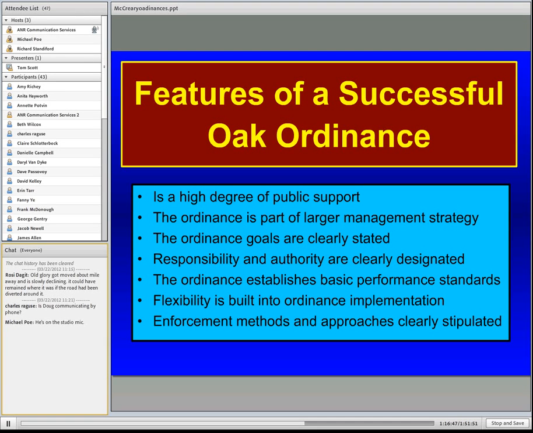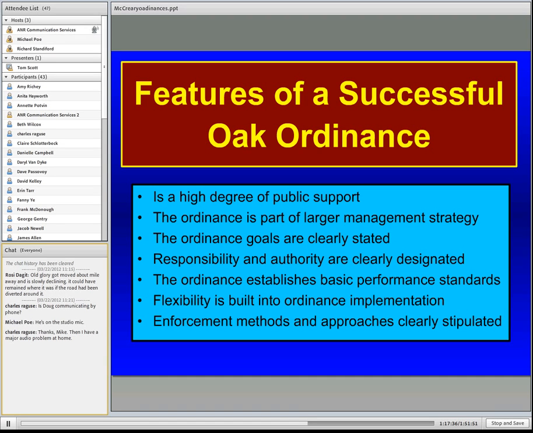Now, the features of a successful ordinance, these have been around for some time. It seems like there was some impetus in the early 70s to develop ordinances, and I think there's been a long enough time to look and see what makes ordinances successful and what maybe is not so successful. One thing that seems consistent with the ordinances that have worked is that there's a high degree of public support. If there's animosity towards the regulatory agencies, and if the people think, oh my gosh, we got another load of government regulation and red tape, and they're making my life miserable and difficult, then it's less likely to be